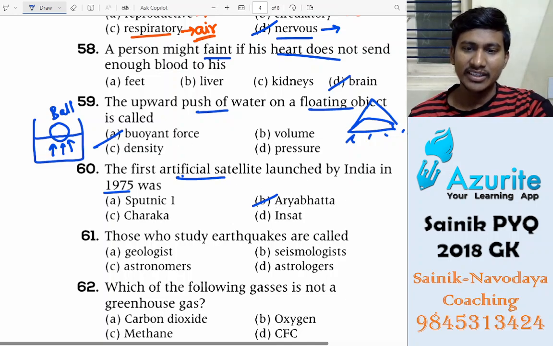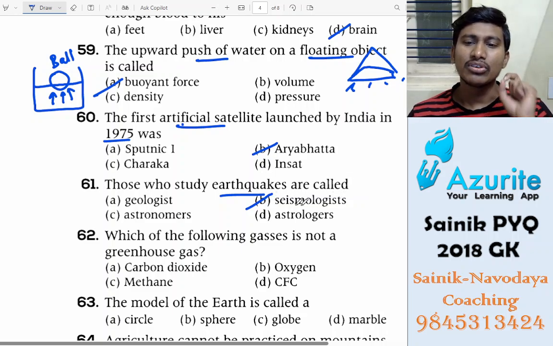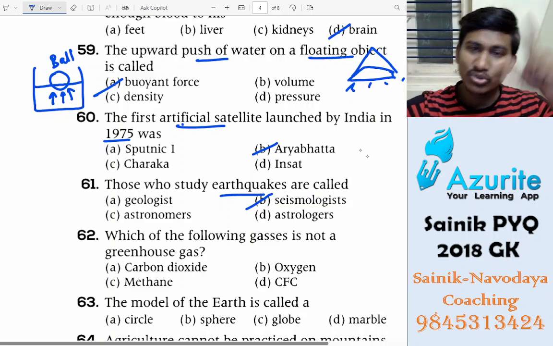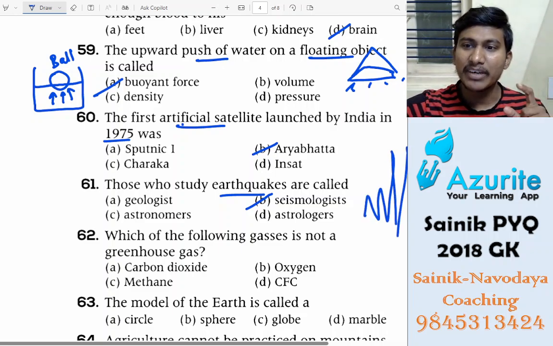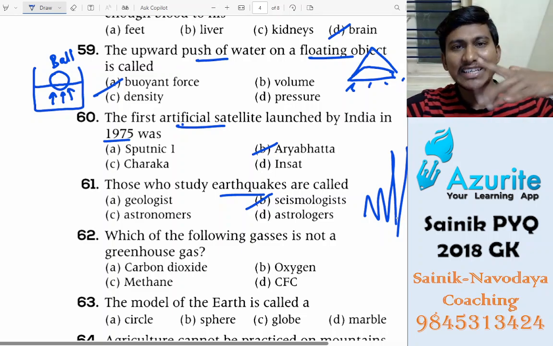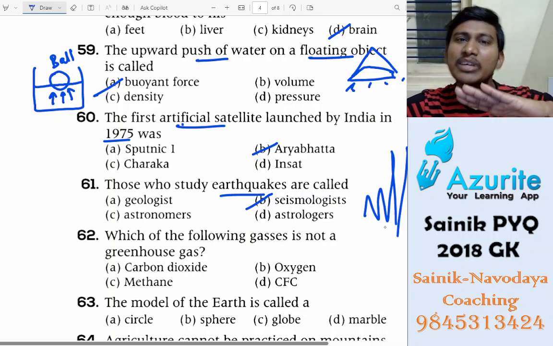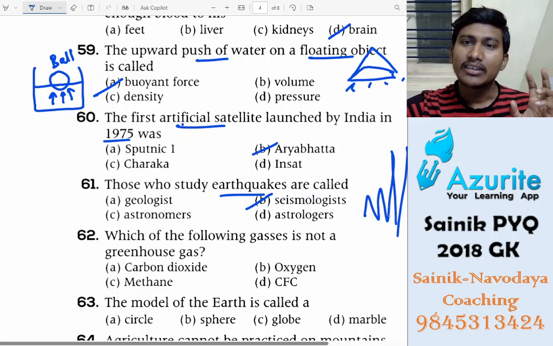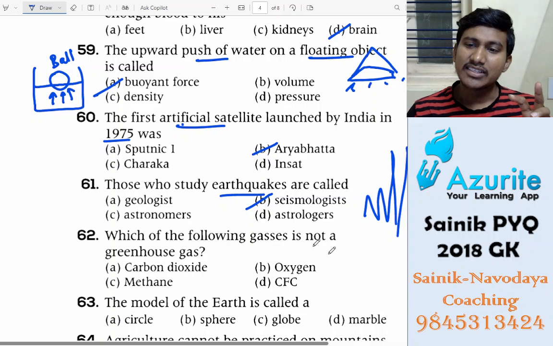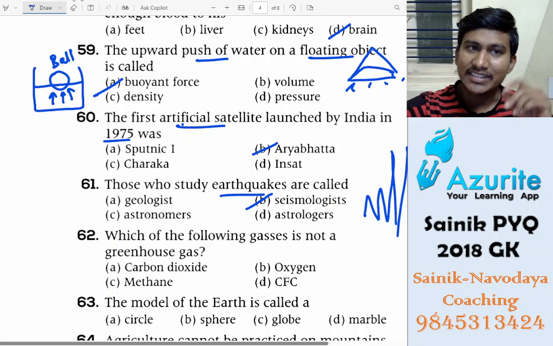Okay, understand? So next question: those who study earthquakes are called seismologists. You know the seismograph, you may have seen, it will be like this. If it goes up and down a lot, it means there is heavy movement of the earth, like an earthquake. So seismologist is the answer. Now let us see about different